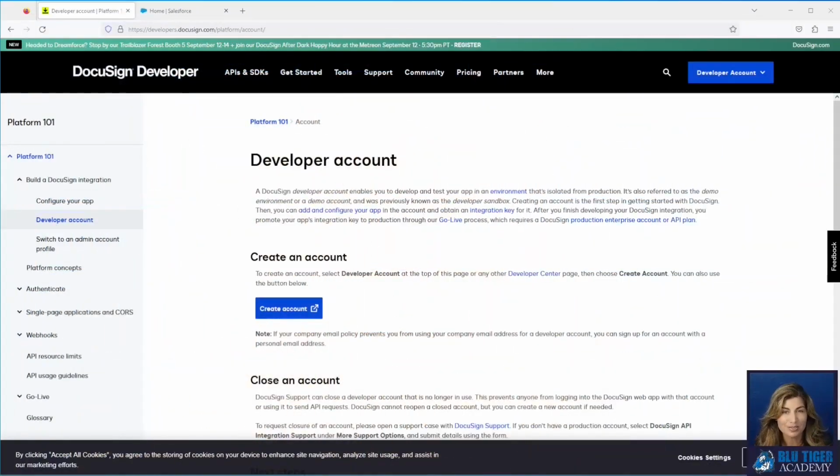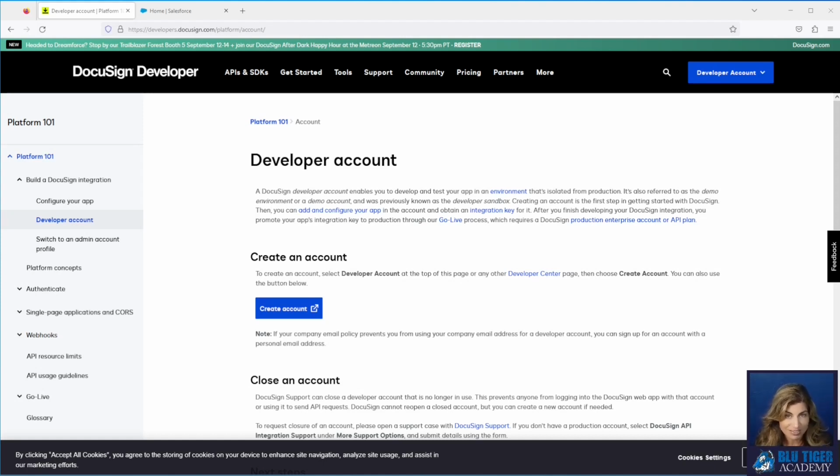The first step is to set up a DocuSign demo account. This account is just like a Salesforce sandbox. We're going to connect our DocuSign demo account to our Salesforce sandbox for testing. We highly recommend that you don't go for broke in your DocuSign production environment and do all of your testing, for a number of reasons.